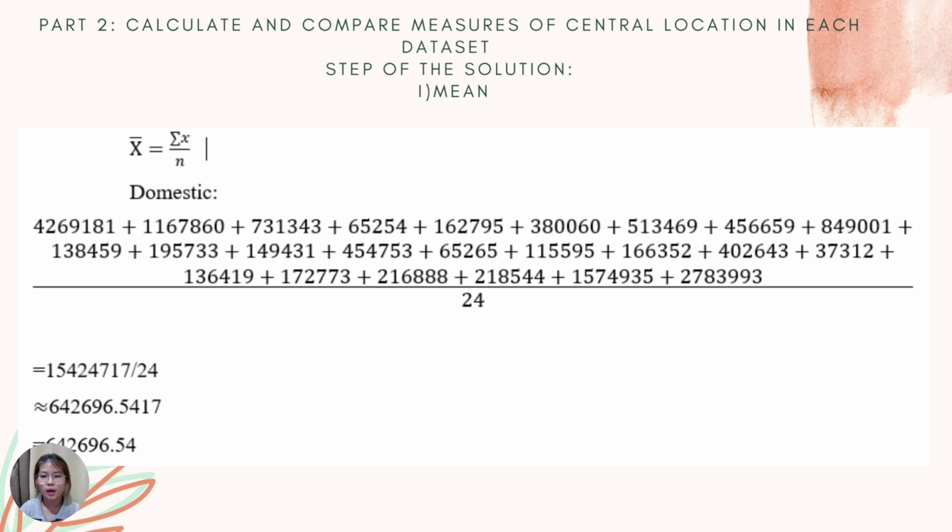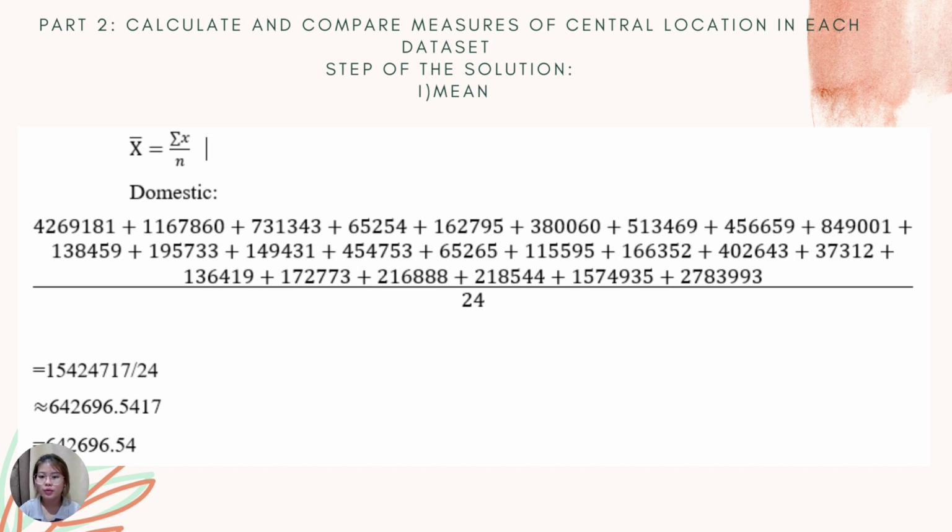BP22110452. Part 2 is about calculate and compare measure of center location in each data set. First one, I will count the mean for both data sets, which is domestic and international. I will sum all data in this data set and divide it by 24, because we have 24 airlines here, and we will get